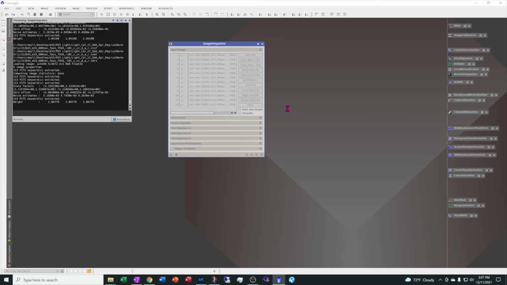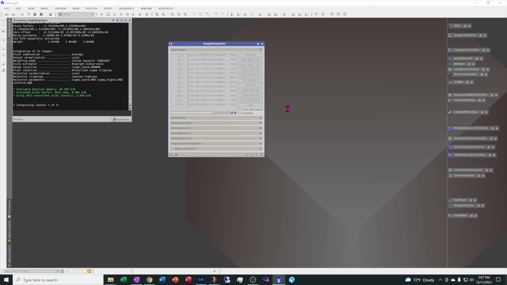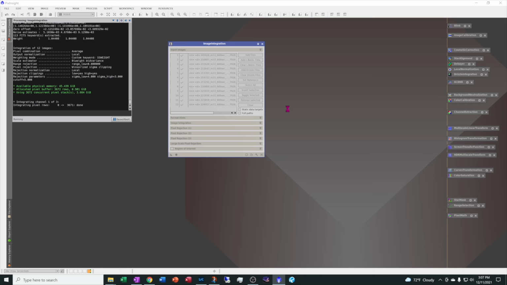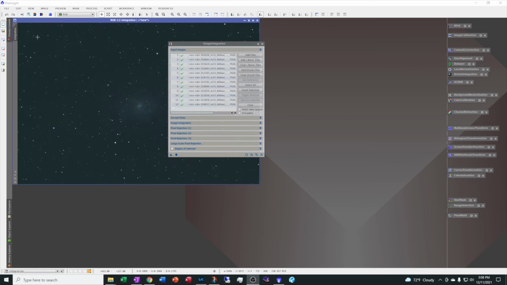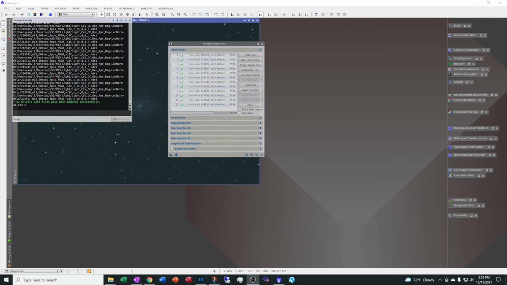So with luck, all of these are going to come together as a single image. And don't be surprised when you see the single image if it has a solid color over it. That is just light pollution or atmosphere. It's no big deal. We are going to get rid of that. All right, here is our image. Let's look at our process console. Take note, it took